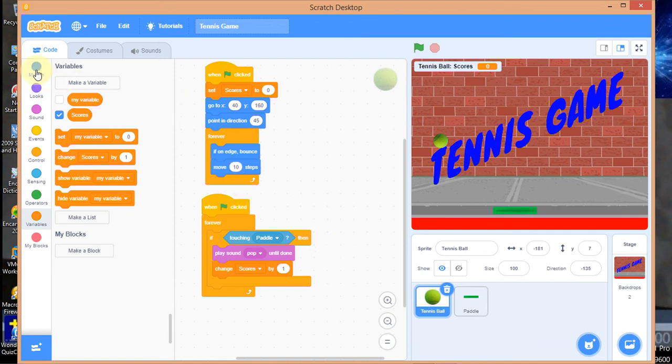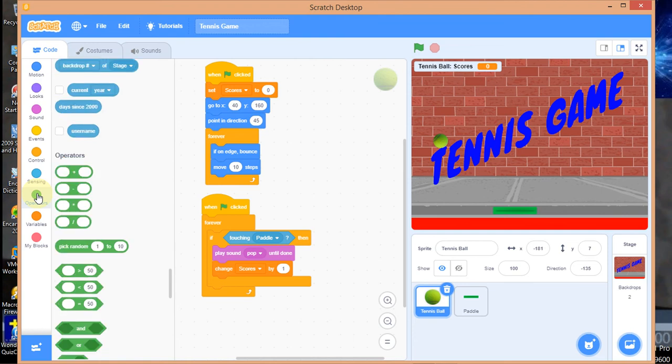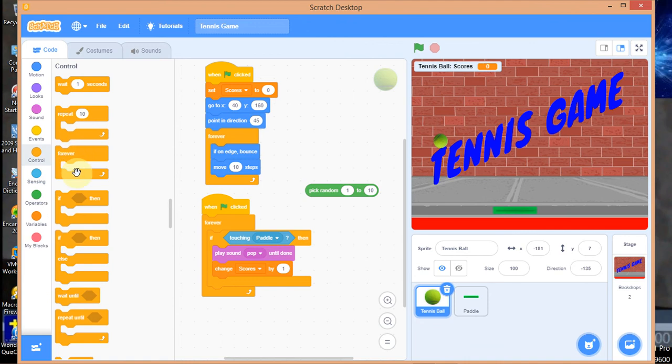So I still need to work on my motion because I want it to be random. I don't want you to be able to predict it, guys. So go back to the motion block code. Now I need a kind of random movement. Where do I get random, guys? Random is a kind of mathematical operator, so that should be operators. It's pick random. Good. So come here. Okay, but I need a conditional statement, control. I need to be able to control it too. If then again, yes, if then. Okay, so if then. I don't need this now because I'm going to control this later.